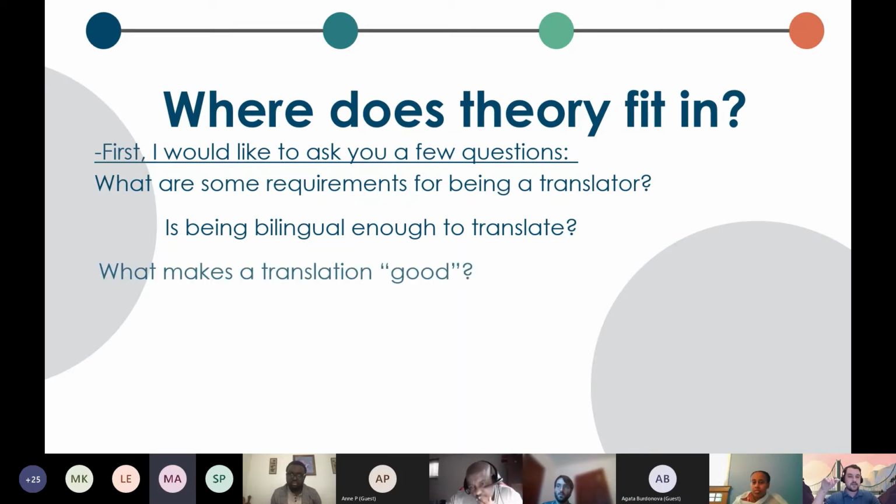The next question is, what makes a translation, quote unquote, good? What do you think? The word that you use. Okay. The language that you use in the target text. Also, explain the idea. I'm sorry, could you say that again? Explain the idea with a specific word, if it is a specific word, is better, of course. Okay. Yeah, translating the idea. That's a very good point. Anybody else?